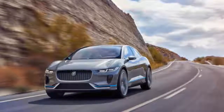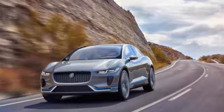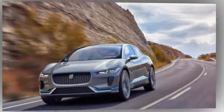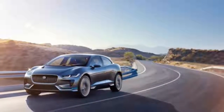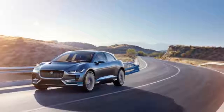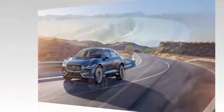For example, the I-Pace's 117.7-inch wheelbase is more than 4 inches longer than that of the F-Pace, but the I-Pace's 184.3-inch overall length is approximately 2 inches shorter. This not only provides plenty of room to package the liquid-cooled 90.0 kWh lithium-ion battery pack between the axles,